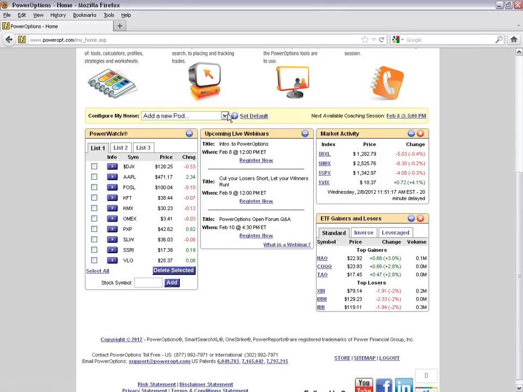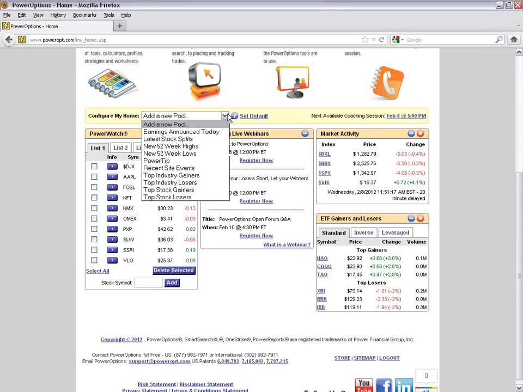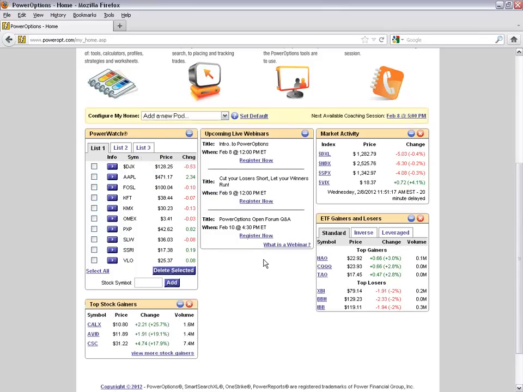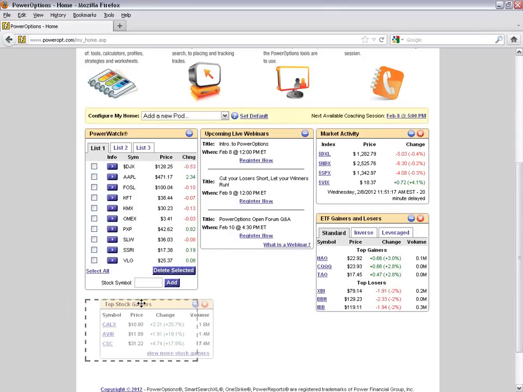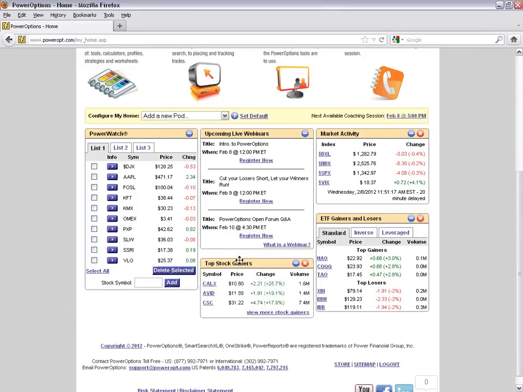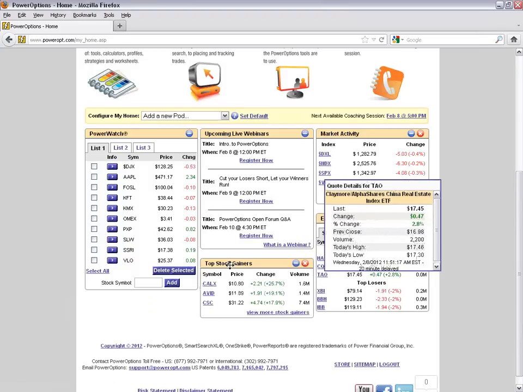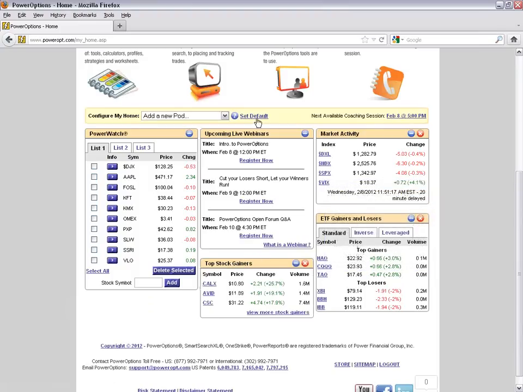There's a variety of other data pods you can select on the main home page to get a view. If you wanted to view the stocks that have earnings announced today, latest stock splits, new 52-week highs or lows, top industry gainers and losers, or top stock gainers and losers, you can just select that from the drop-down menu. If I select top stock gainers, that will place that into the next available field here, so column 1, slot 2, that puts in the stock gainers, but I can click and drag any of these pods into any area that I want, so I can just simply move that over to the side here, so I have that under